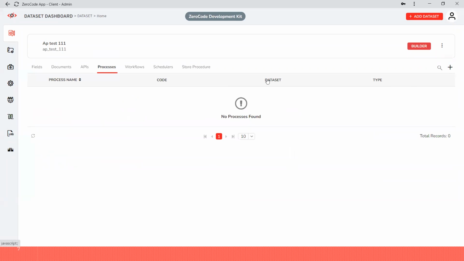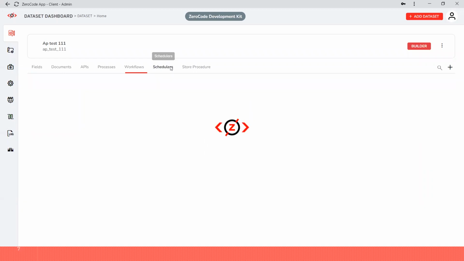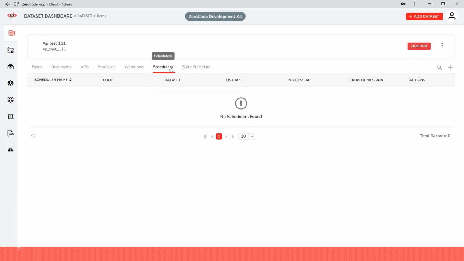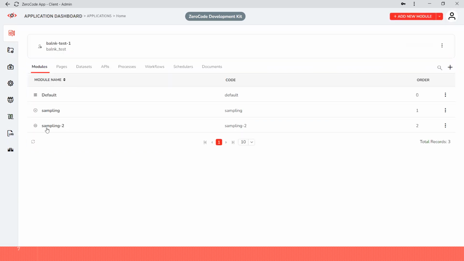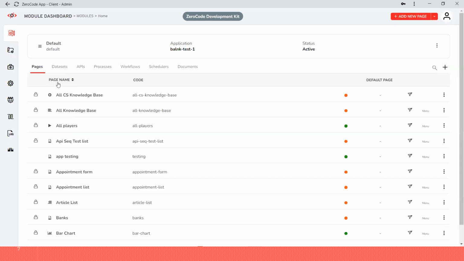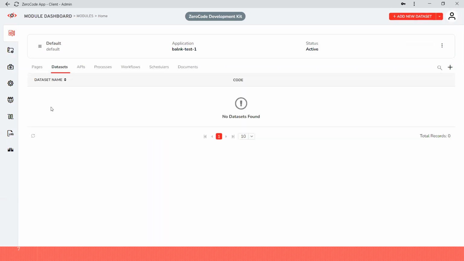So these processes, workflows, probably we'll get into them in later classes because they are a little more complex to understand. So what you typically need to know is an application which holds modules. These modules have pages. They are linked to your data sets,